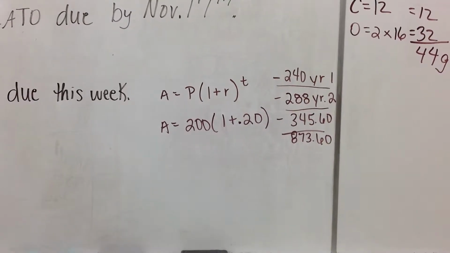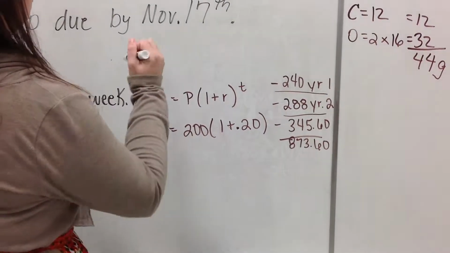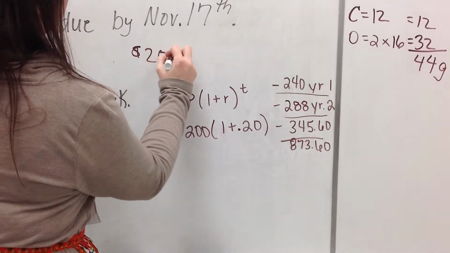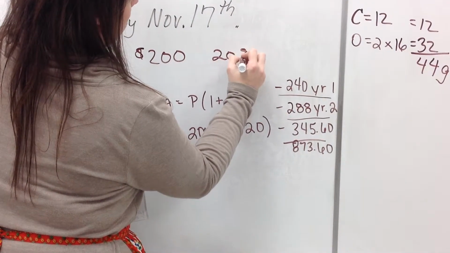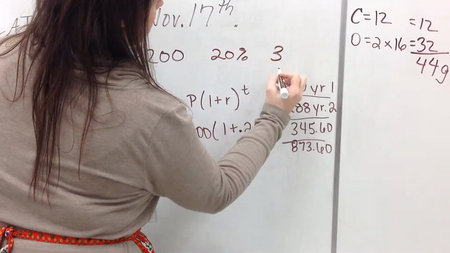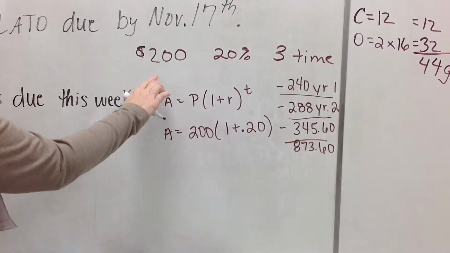Okay, so if you're figuring the compound interest, she starts out with $200. So you have $200 is your principal amount. She's getting compound interest at 20%. 3 years is the total amount of time. So what you have to do is figure out how much does she earn in the first